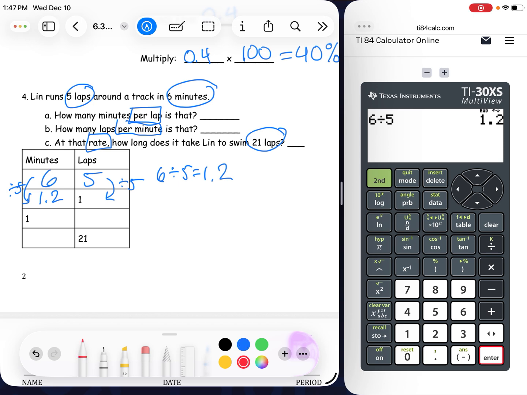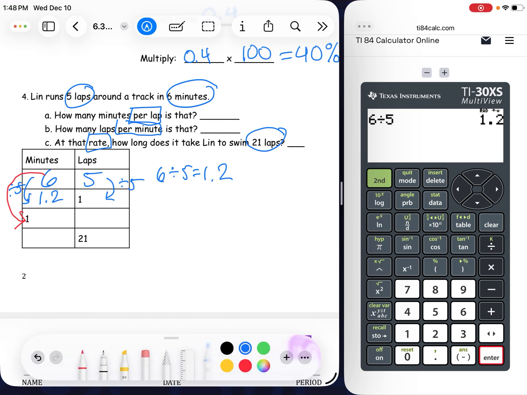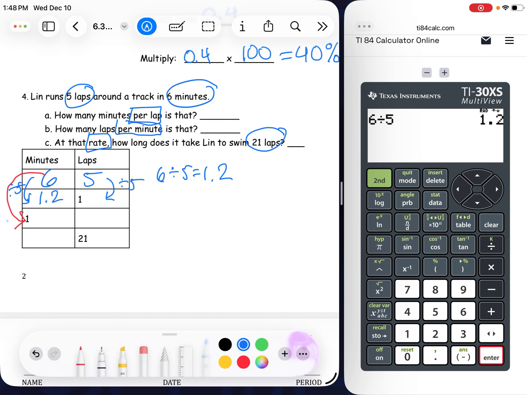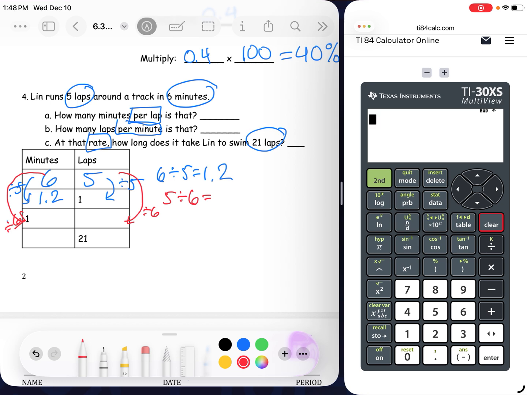Nice. Now we need to think about how we get from 6 to 1 to figure out how many laps per minute, per 1 minute. So 6 to 1, divide by 6. What do I do to one side? I've got to do to the other. 5, make sure you put the correct number first. The top number, the first number. And we get